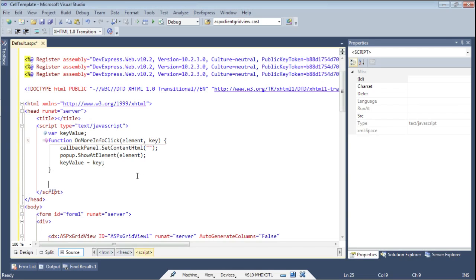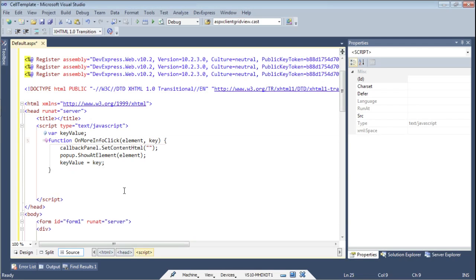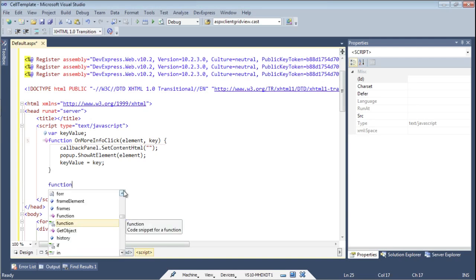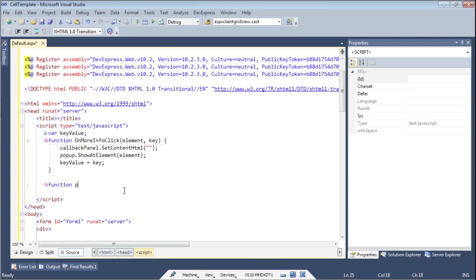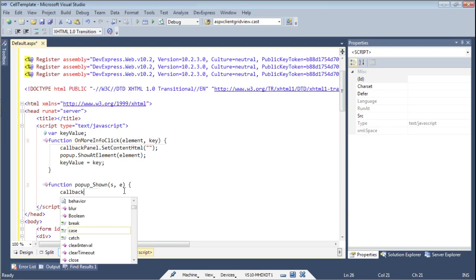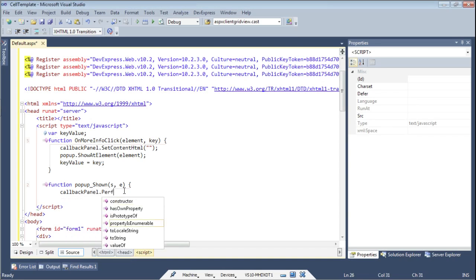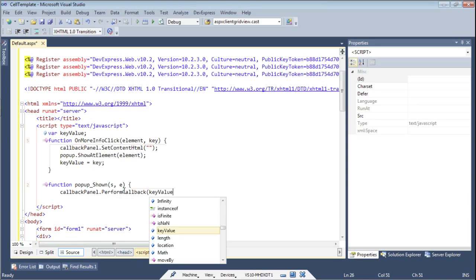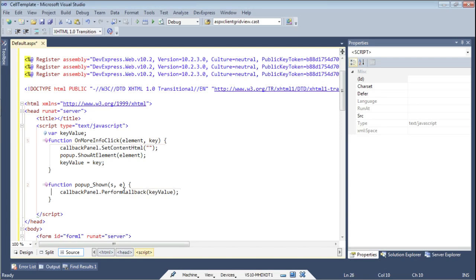Now, you may ask yourself, why do we bother with this value? And the reason is, I need to define another function here that actually does the pop-up shown. Pop-up shown, S-E. And here, I'm going to call this callback panel.perform callback. Now, I'll explain this in just a second, okay? And what's happening here is we have another function. Now, what this function does,